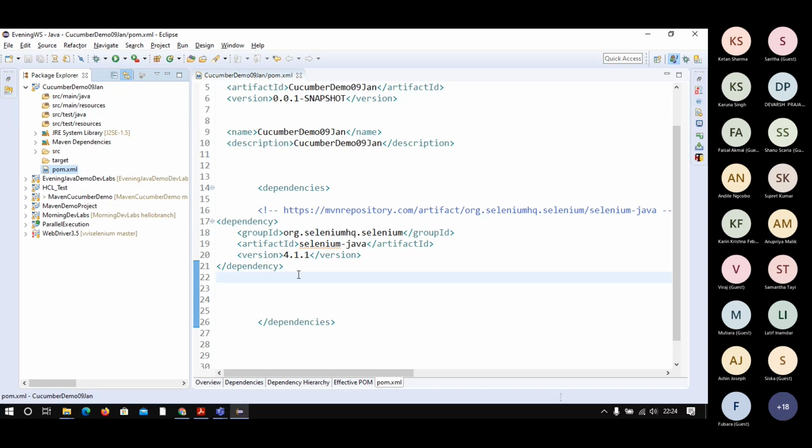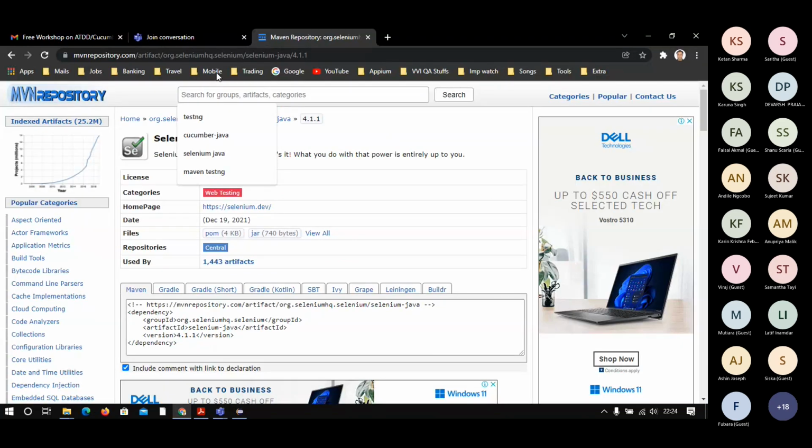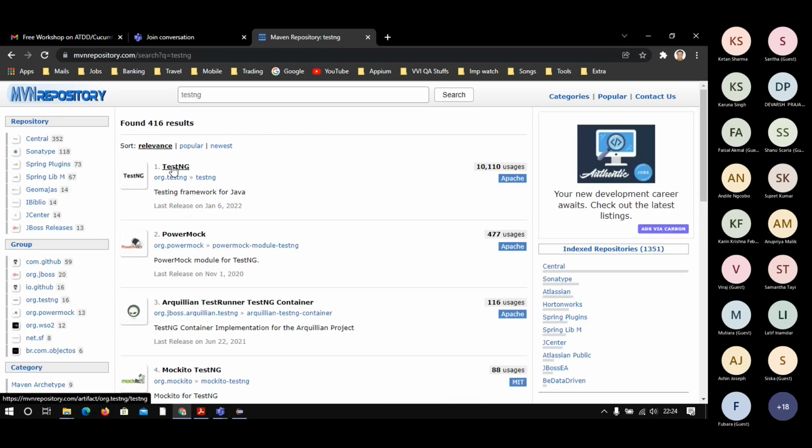I'll keep showing you. Second thing, I need TestNG. Since this site is already open, I don't need to Google it again. I will just type TestNG here. So this is TestNG; you check the package name and such things.